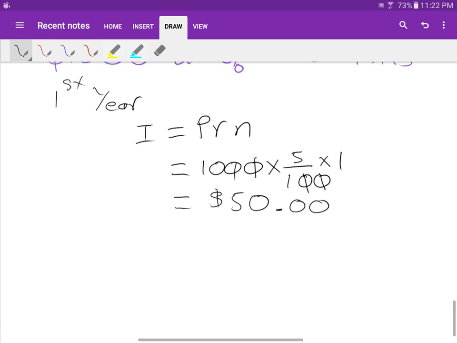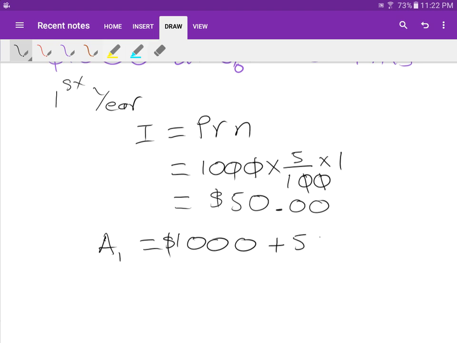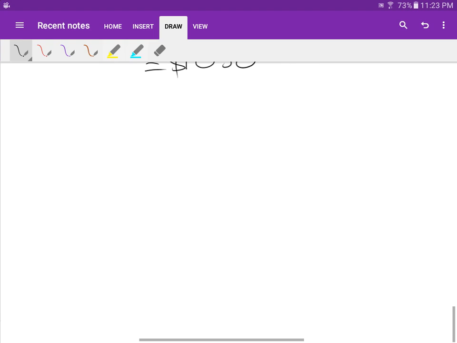Therefore, the amount I have in the bank at the end of the first year, let's call it I1, is the 1,000 dollars I put in the bank plus the interest on top. So I will get $1,050 at the end of the first year. Now, because I'm going to reinvest,